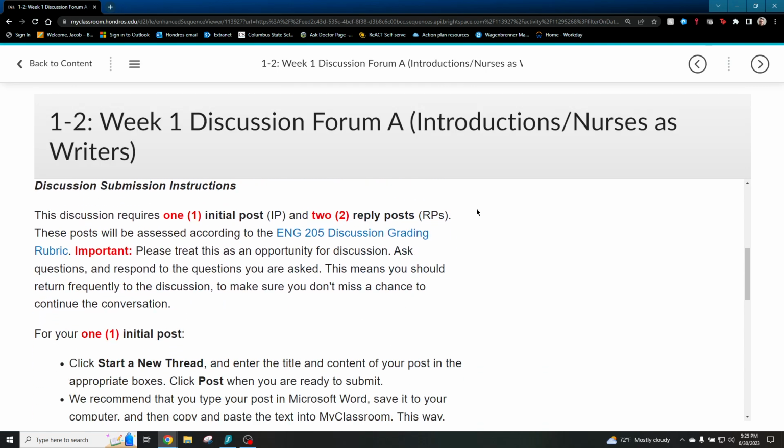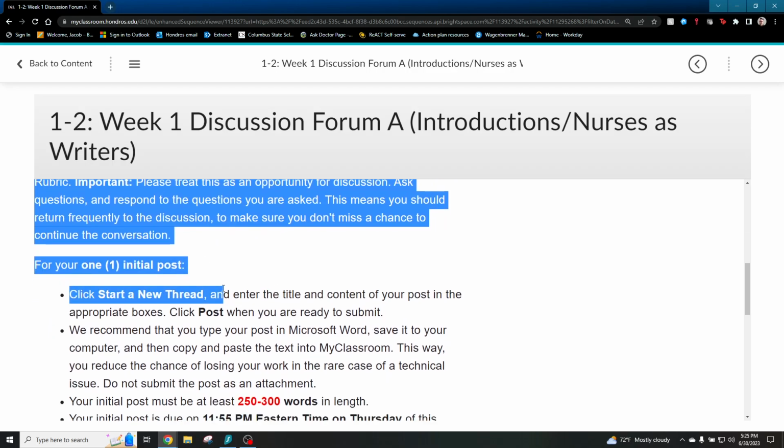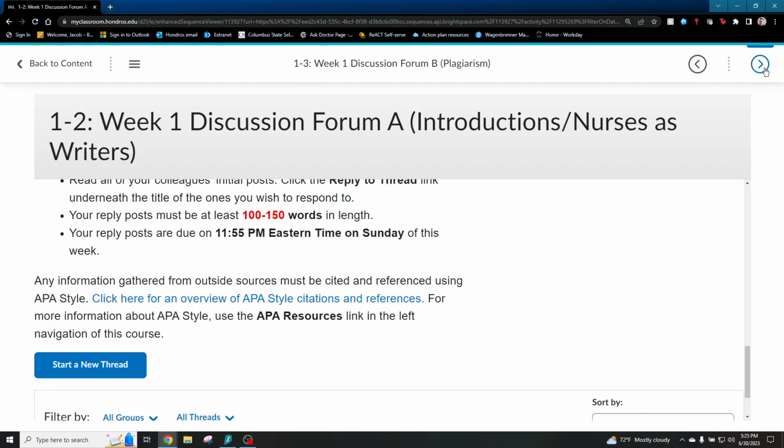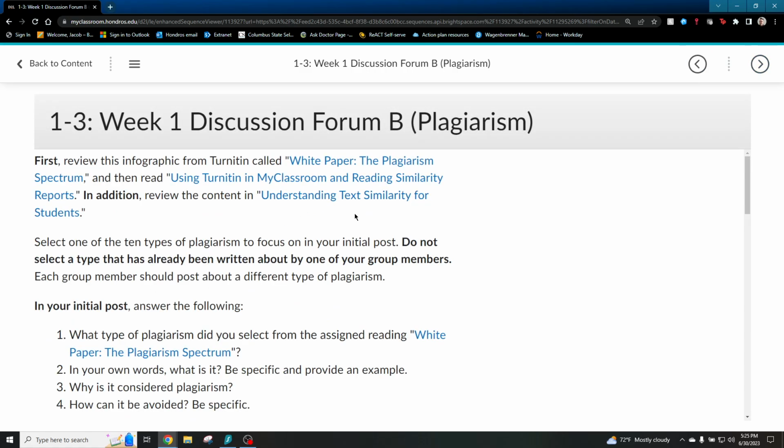Oops, went too far back. There we go. But as I said, that was my kind of brief summary, but we have detailed instructions here on how to make both initial posts and reply posts. Now this week you happen to have a couple of discussion forums. The second one, so this is assignment 1-3, this is forum B, this one focuses on plagiarism. In order to do this assignment,